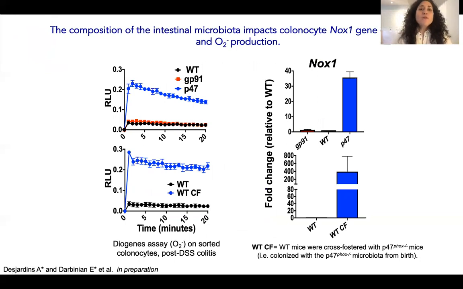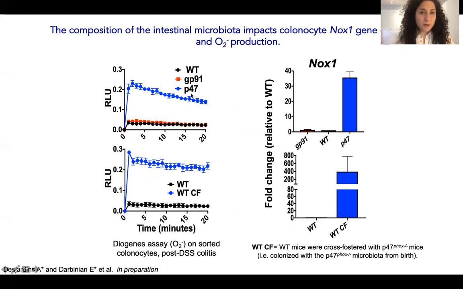So we wanted to then take a closer look as to what exactly the microbiota does to the intestinal epithelium insofar as ROS production. And here I'm going back to an experiment that was done at the NIH with the NIH mice in the context of the NIH microbiota. And as I showed you from my previous experiment in P47 knockout mice, you saw that the P47 mice that were homozygously bred, thereby maintaining their own genotype-specific microbiota, have increased susceptibility to colitis, and presumably they have